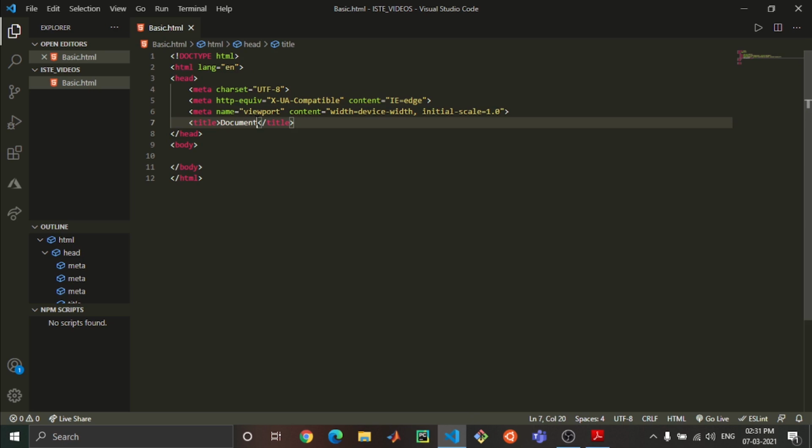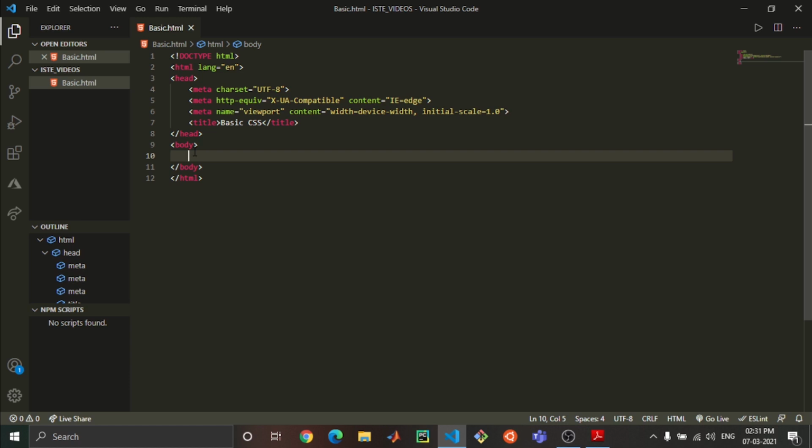Now for my website I have to give some title that will just pop up at the top of our screen. We can just give it as basic CSS. Any name you can give as per your wish. Now what I will do is take one random tag. Tag means something you have to give in such a manner that all of your codes get implemented by that.